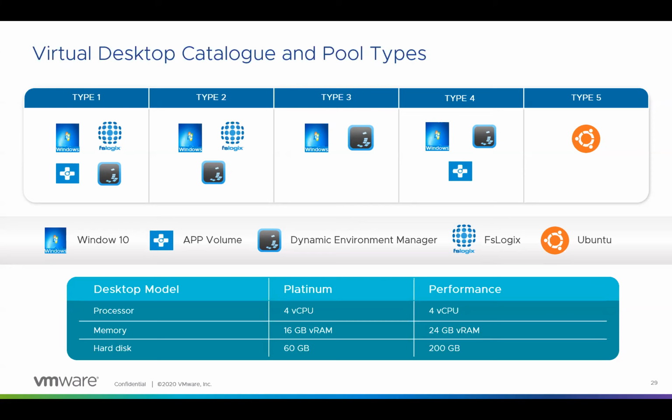When the colleague logs in, they need some virtual desktop available to perform the task. Some are developers, who definitely require persistency, and also require much more freedom on the guest OS. They come and ask for Ubuntu, sometimes CentOS and so on. So we create those different pools and make them available. And we provide only two different configurations, platinum and performance, and based on the different types of virtual desktop pools, we use any one of these desktop catalog models.